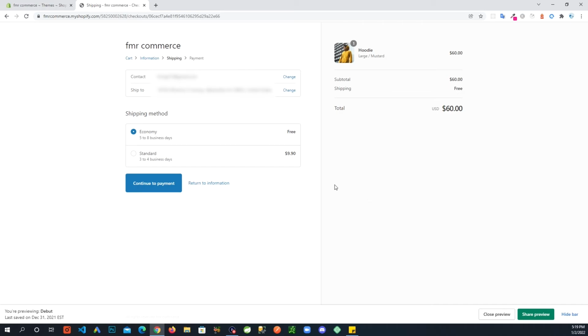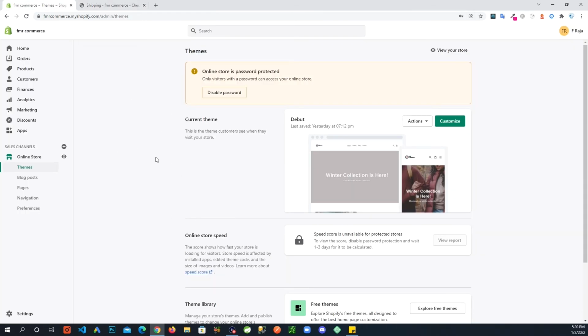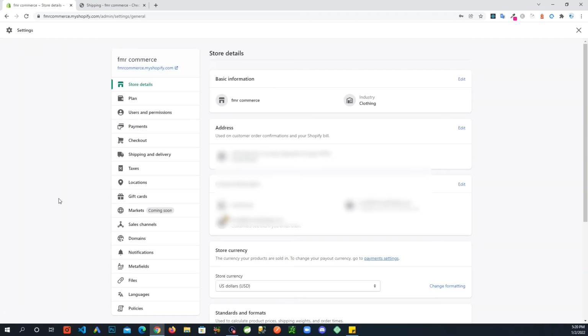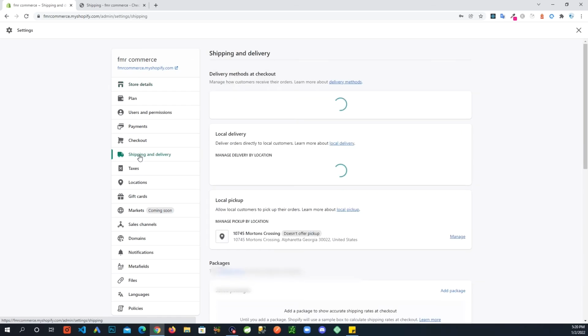So if you want to look at how this is all set up, you will have to go into your store here, and you can see there's a bunch of links up in here, and then there's these settings down here. If we go into settings, you're gonna see a whole lot of other options. All this on the left hand side, you're seeing all kinds of options. And let's see, we have shipping and delivery right here. So if I go into shipping and delivery,